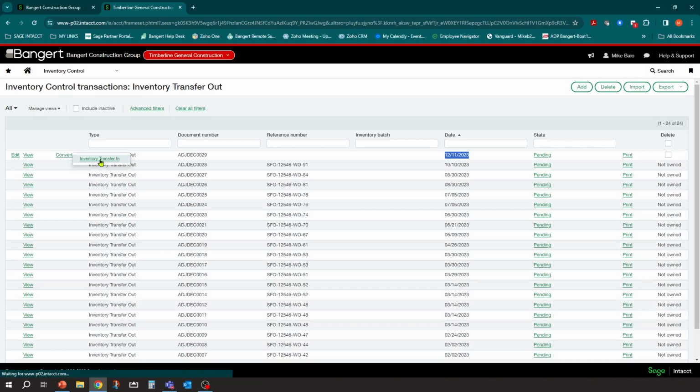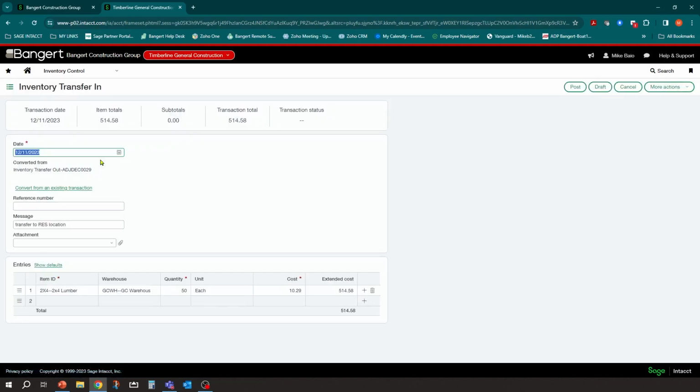So I can click that button here because they're tied together. And now as of 12/11, I'm going to transfer to the message pre-fills in, which is nice. The item pre-fills in. The only thing I really need to do here is make sure that I change the warehouse, because I want to transfer it to the residential warehouse. 50 of those.